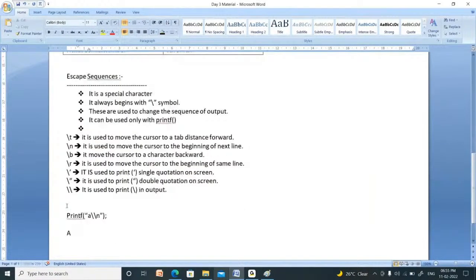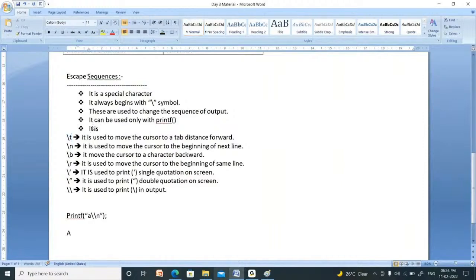Whenever you press the tab key, what happens? Nothing will be printed on screen. Just the cursor moves from one location to another location. So these are called non-printing characters. Whenever you press the enter key, what happens? The cursor moves to the beginning of the next line. Nothing will be printed on screen. So it is called a non-printing character.